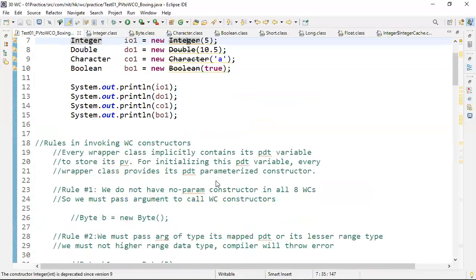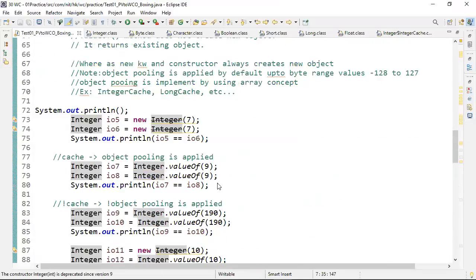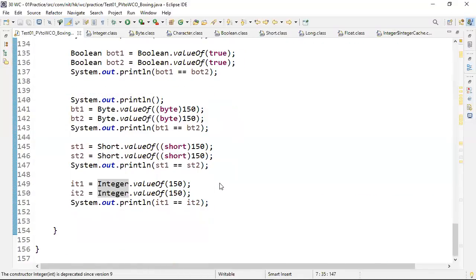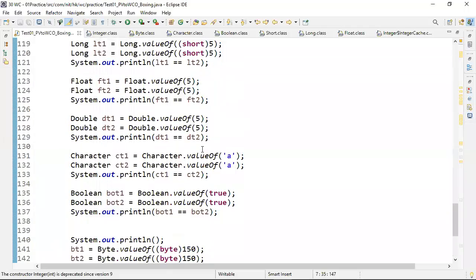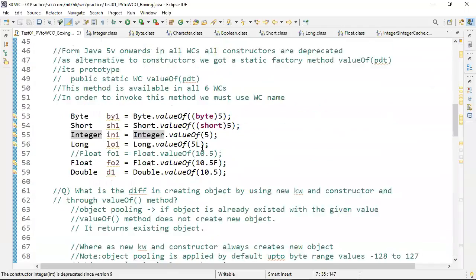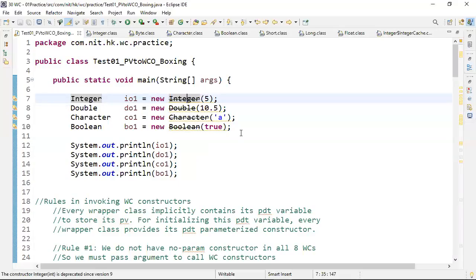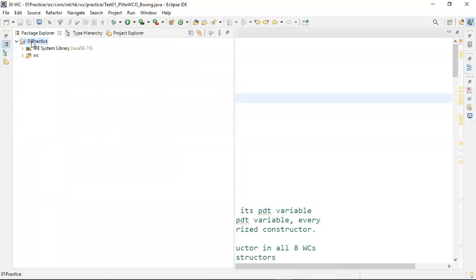So remaining all points, I hope you wrote notes along with me, right? All these points, please practice. Will you? Yeah. So practice and come. Today I'm stopping the session here and tomorrow we'll continue the second operation. Only the first operation will take more time because we need to discuss Java 5 features and all those things. From the next conversion onwards, it takes less time. Fast we can complete.